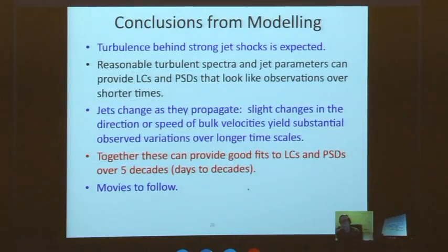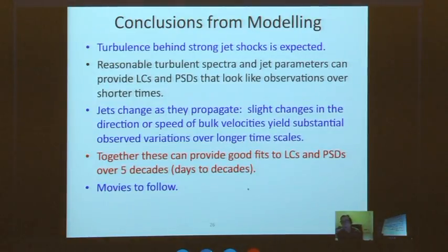This gives the conclusions from the modeling. That turbulence behind strong jet shocks is expected. So we've inserted that into our models. We can get good turbulence spectra and pretty good, reasonable jet parameters, give us light curves and power spectra that look reasonably like observations and could well play a good piece in the variability we see over the shorter